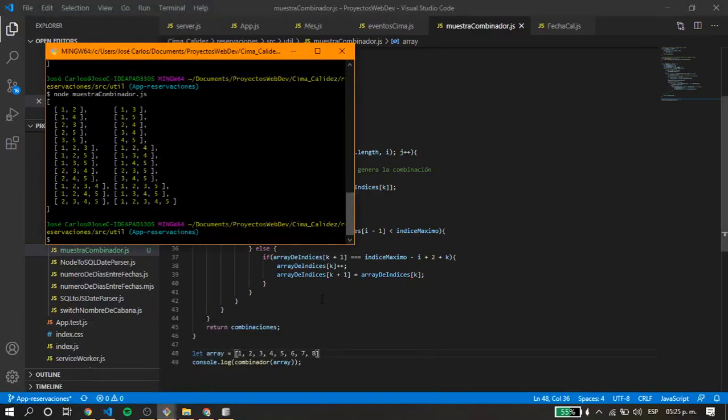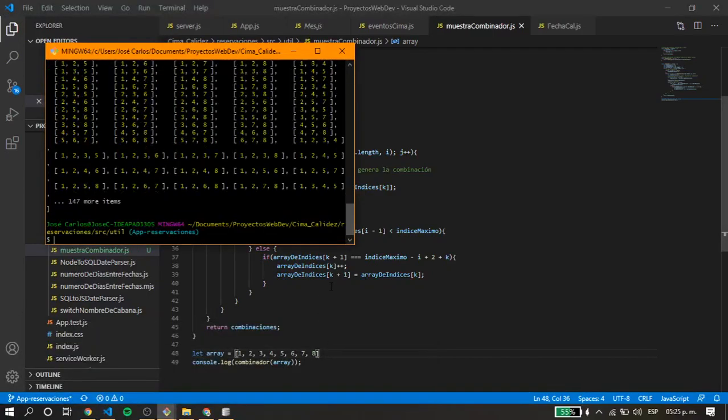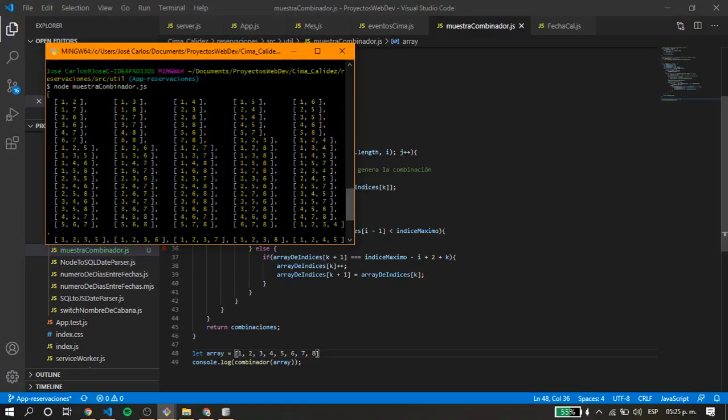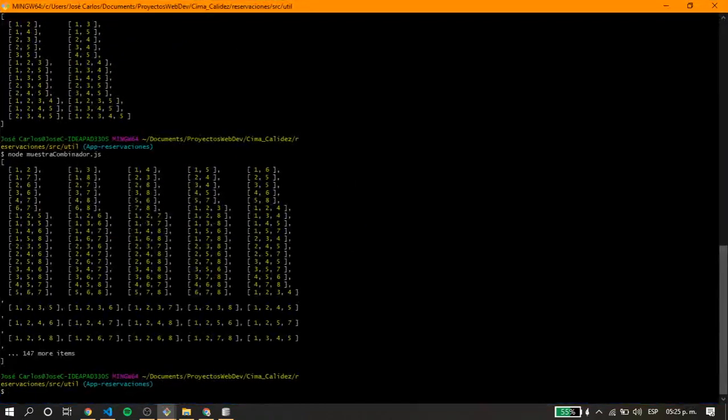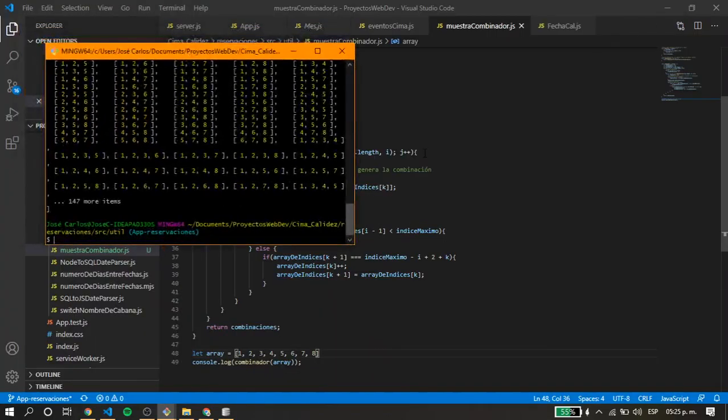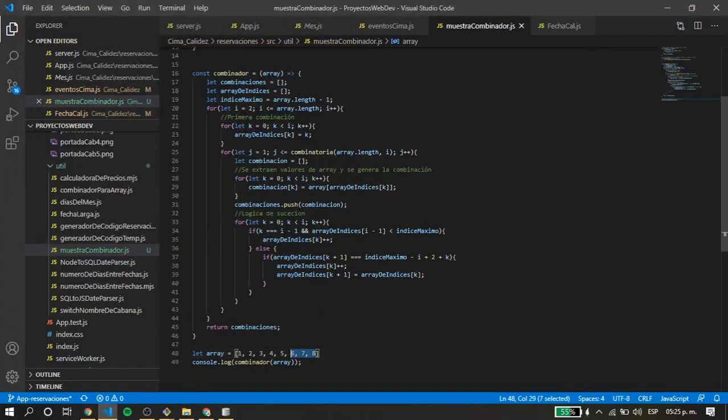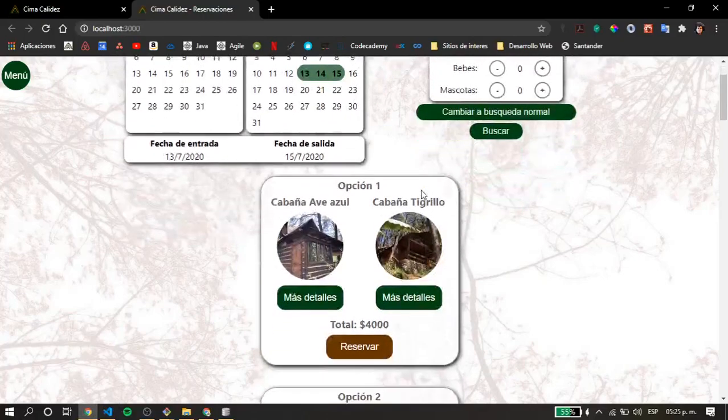Sorry, here, for 8. Right, so it grew a lot. So we have these results, and 147 more. So if you find this function useful, it's also in my GitHub. You can use it. Let's go back to the normal. Okay. So a little bit, and